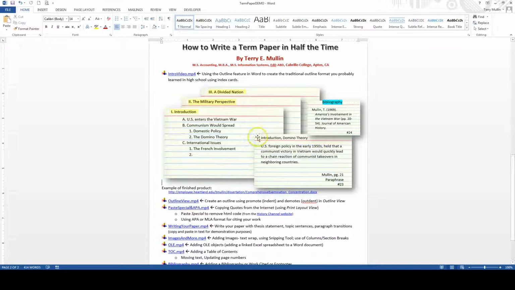So part of the organizing issue is to put the major heading and the minor heading. So introduction from here, the domino theory from down below. You would put that piece of information. You would put the author's name and the page number it came from. You'd keep track of your card number, and you would just go 1, 2, 3, 4, 5, put them